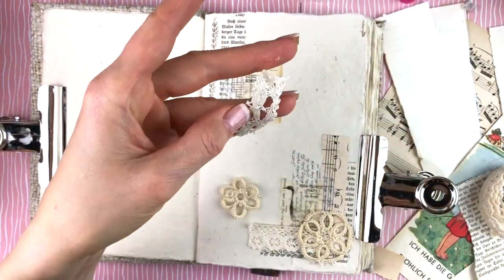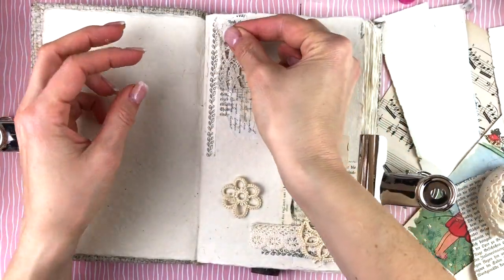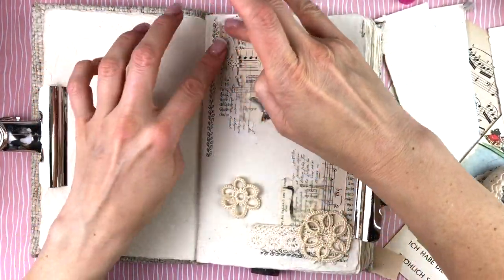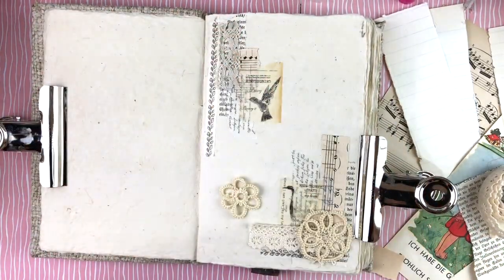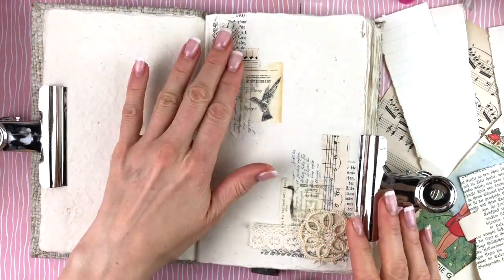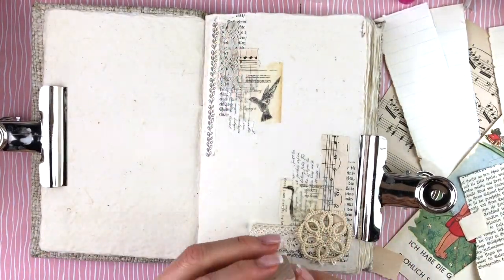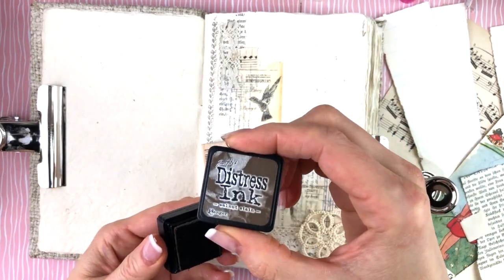So I'm going to stick that on, and while you watch me do the rest, I'm going to put just some stamps on, which you can also find in my AliExpress haul, the last one. I want to maybe tell you about what I'm going to write about in a second. So I'm going to take this brown